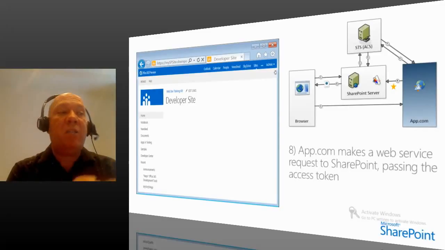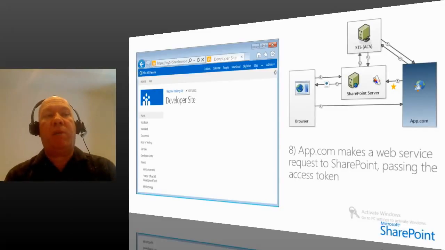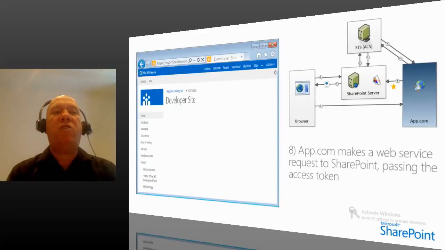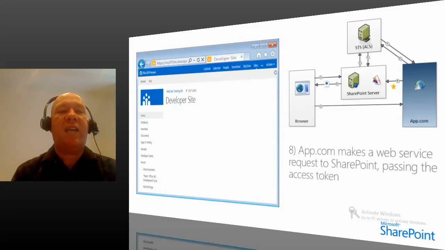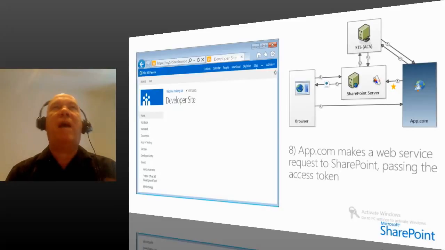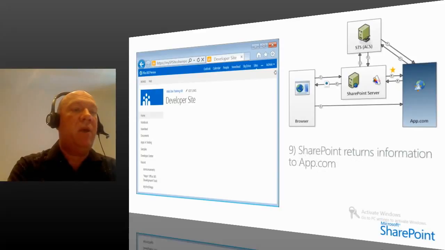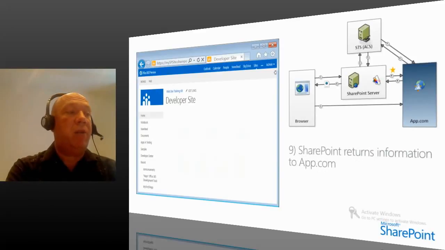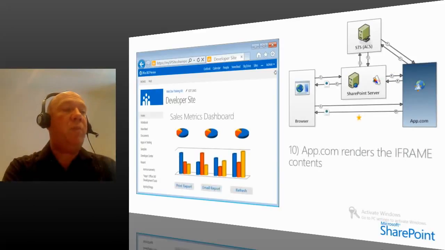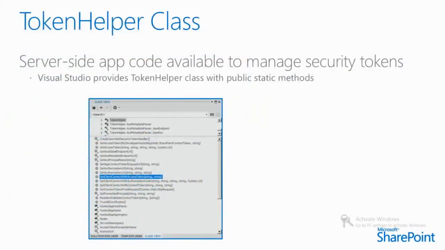So this mechanism seems moderately complicated, to put it mildly. And indeed, if you were just simply writing your application, your need to go to the STS and get the information back and parse and do all this, know what the flow is, would actually be kind of annoying, to put it mildly, right? But ultimately, I'm going to display this nice little information onto my page. My tool to help me is this thing called a token helper class. And this is a class that is part of the